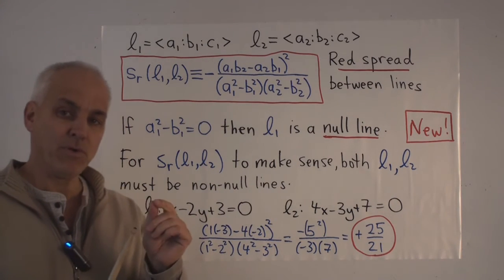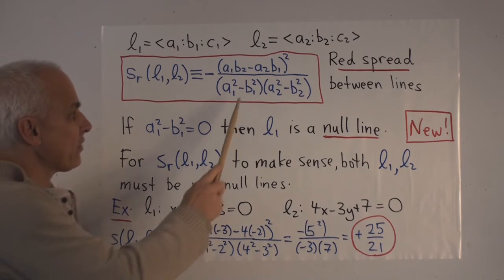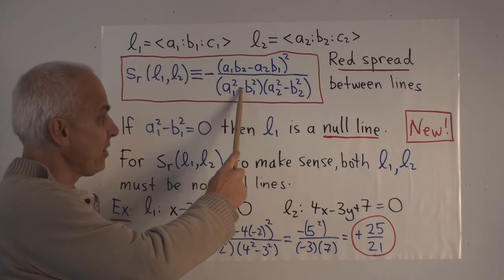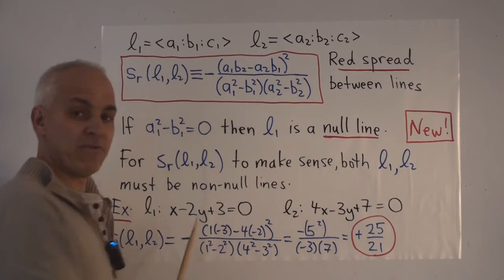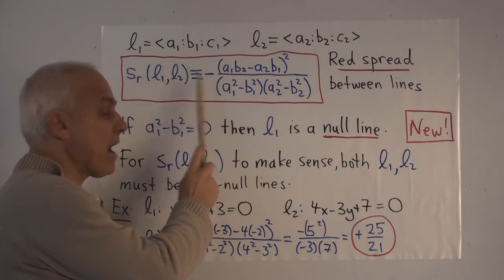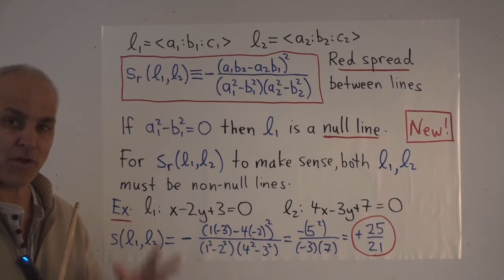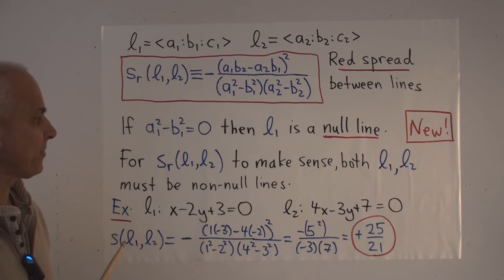The difference from the blue geometry is that there's a minus sign here instead of a plus sign. There's a minus sign here instead of a plus sign. This is exactly the same as before. And there's an additional minus sign in front. So there are 3 new minus signs.